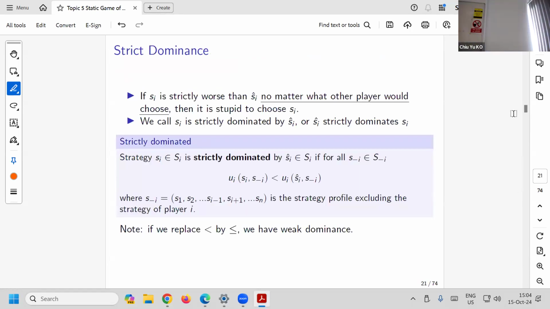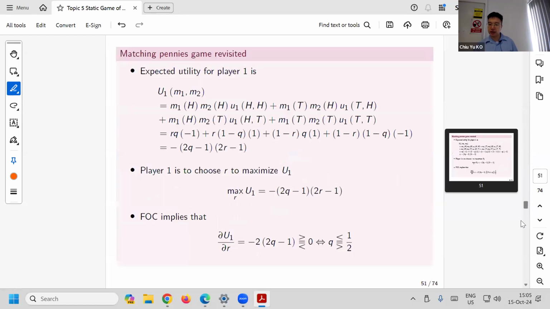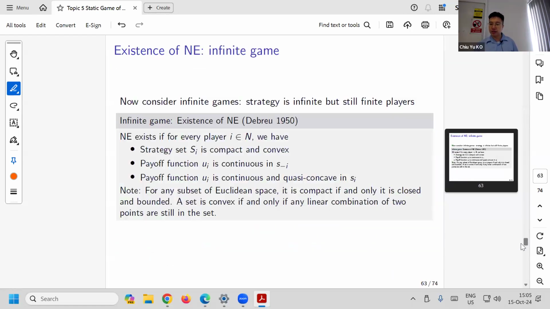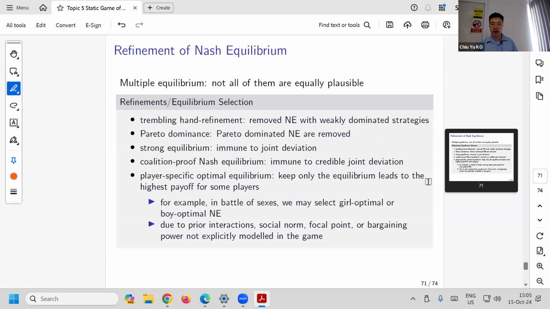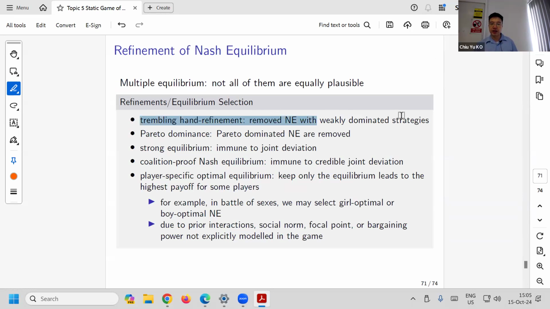With dominance, okay. A strategy that is sometimes worse off, sometimes the same, but we're going to take it away. Not always worse off, but there's some strategy that sometimes is the same, sometimes slightly better. And sometimes you want to take them away. Okay. How can we